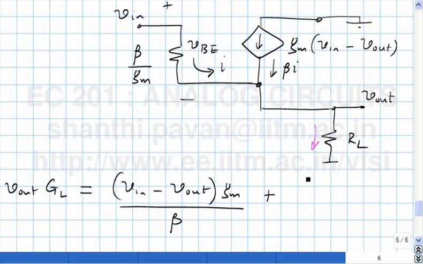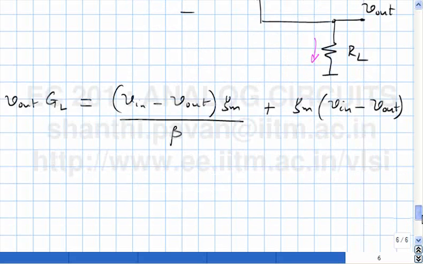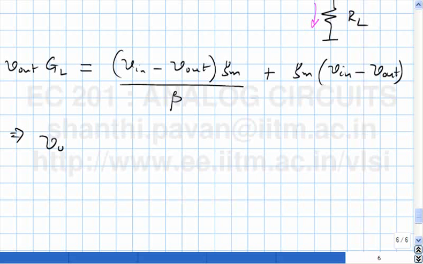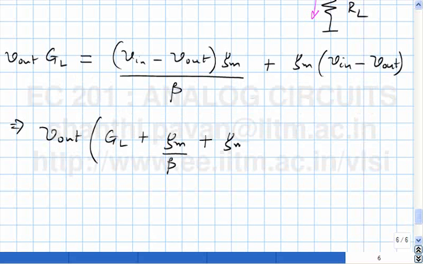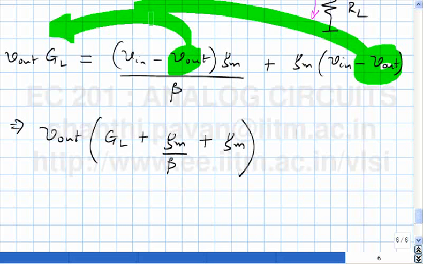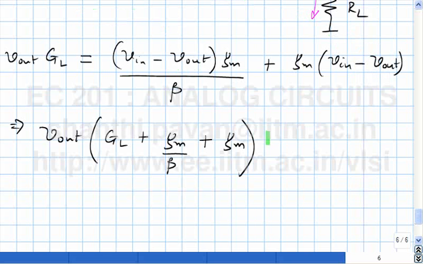Plus Gm times (V in minus V out), which means V out times (GL plus Gm by beta plus Gm), okay, which is obtained by moving this chap and this chap to the opposite side of the equation. This must be equal to